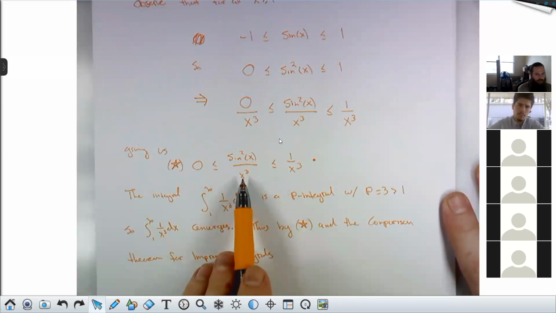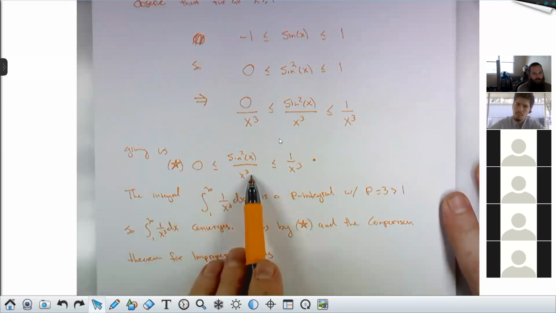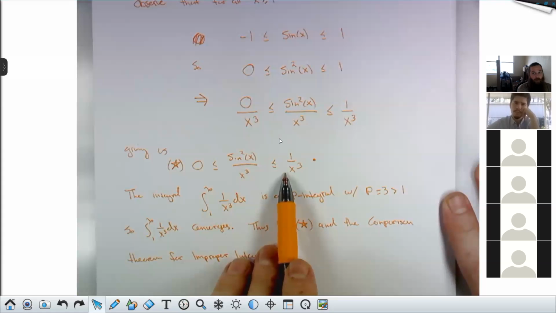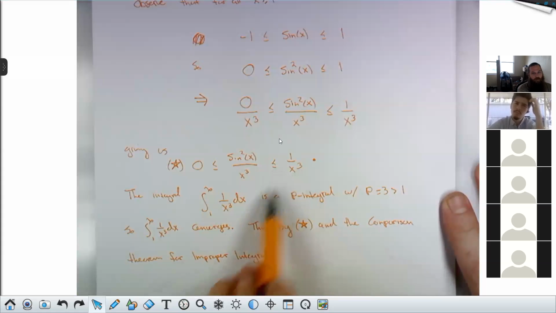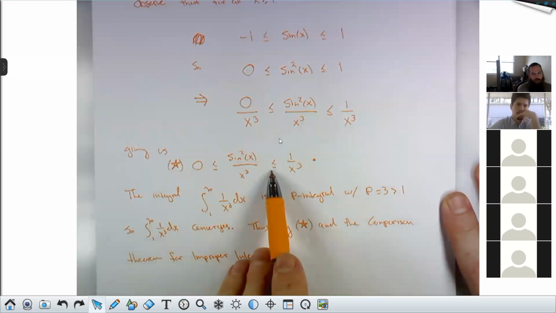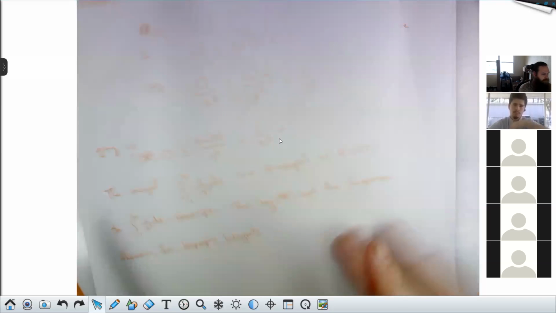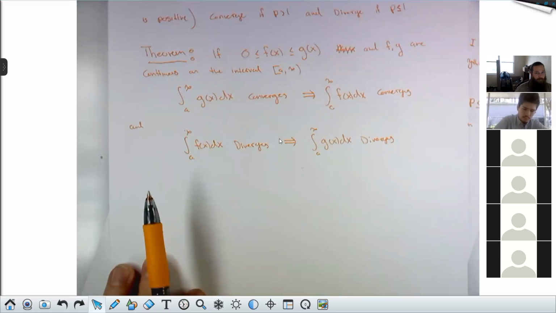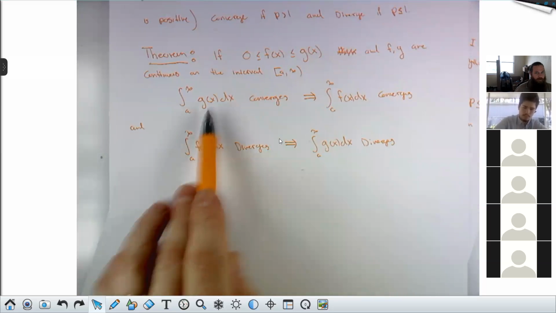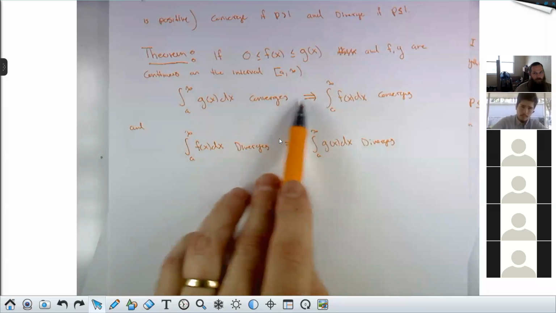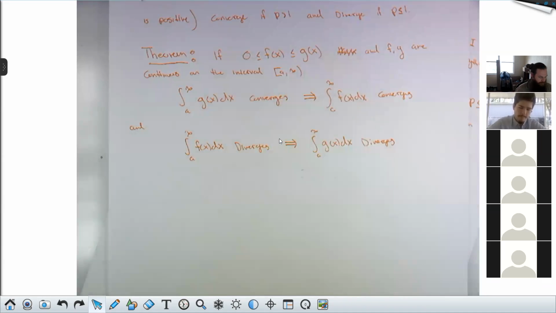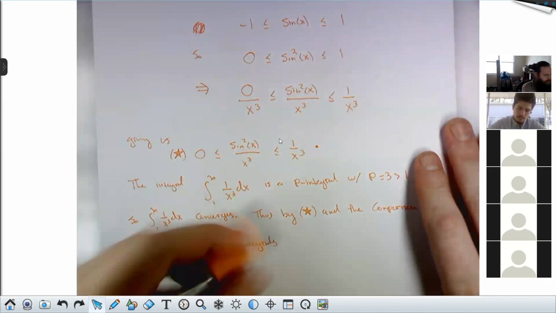Well, this function is positive and smaller than this function. Also, the integral of this function is convergent. So if I am positive and smaller than a guy whose integral is convergent, my integral must also be convergent. That's the theorem. If the integral of the bigger guy converges, then the integral of the smaller guy converges. So by the comparison theorem for improper integrals,